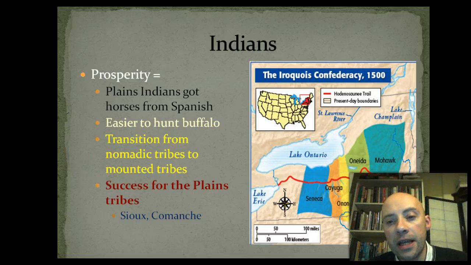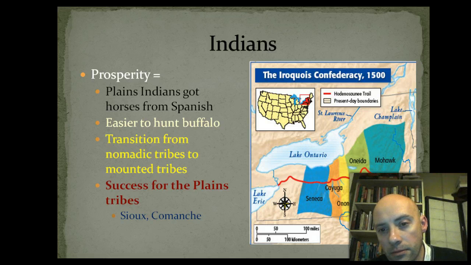So we see the Indians changing from nomadic tribes to mounted tribes, to being more settled, to having a hierarchical structure that resembled that of a more settled society rather than a nomadic society. And we also see the use of horses, which they got largely from the Spanish, but also sometimes from the English and the French as well. But the English and the French didn't want the Indians to have horses, so they largely got them from the Spanish. And they used these for hunting, largely buffalo, and also to fight